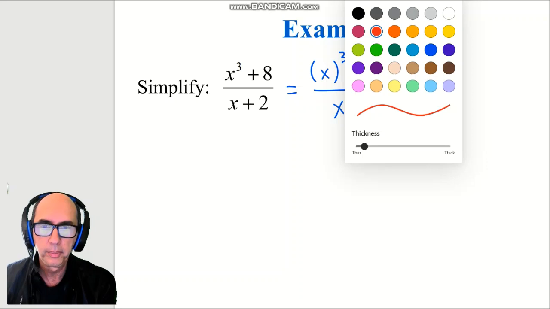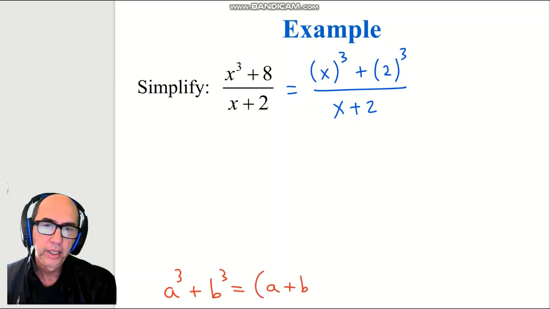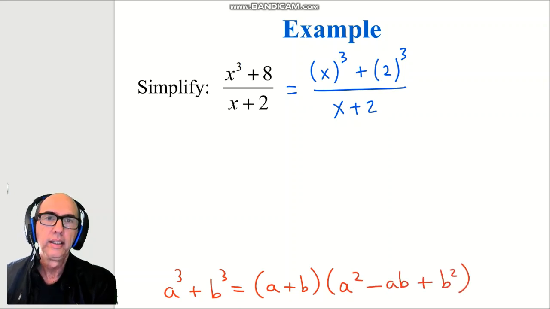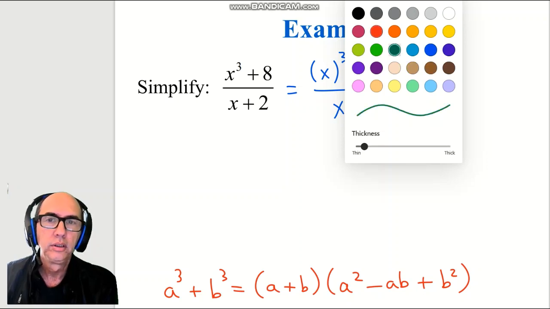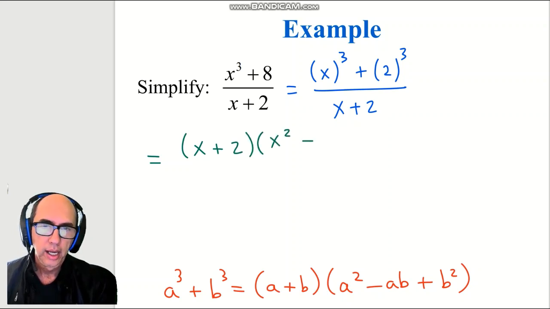Let me write down here on the bottom the formula from section 5.7. a cubed plus b cubed equals a plus b times a squared minus ab plus b squared. That's the formula we're going to use to simplify. So this equals, a is x, b is 2. So x plus 2 times x squared minus ab, which is 2 times x, so x times 2, plus b squared, 2 times 2, 4, over